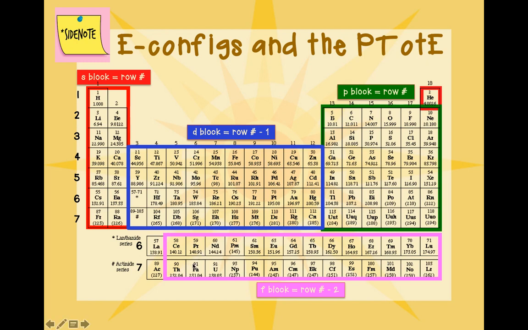I'm going to actually do thorium, number 90. Are you ready? Oh my gosh, I'm going to do so many, but we can do this. Ready? Here we go. 1s2, 2s2, 2p6, 3s2, 3p6, 4s2, 3d10, 4p6, 5s2, 4d10, 5p6, 6s2, and then remember, before I can fill up this D block, I have to fill up this F